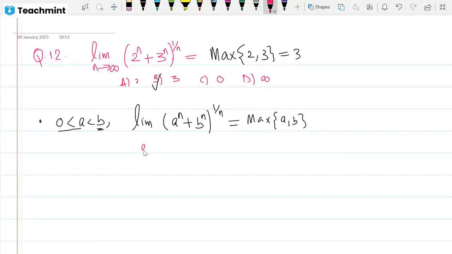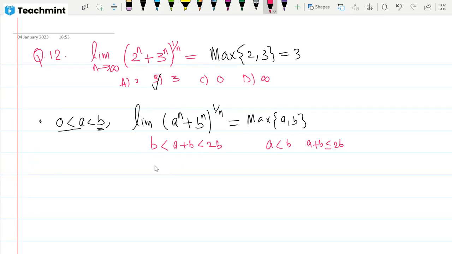A is not A. So this is always true. B is always less than A plus B. This is less than 2B, right? Yes, this is, because we are assuming A is less than B. Then A plus B is always less than or equal to 2B. Right? So therefore B is less than A plus B is less than 2B.